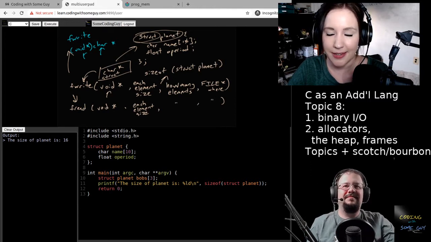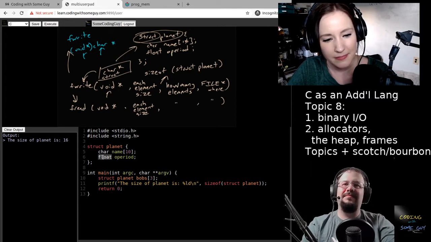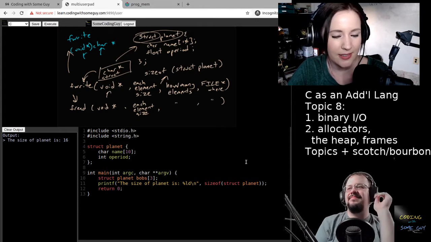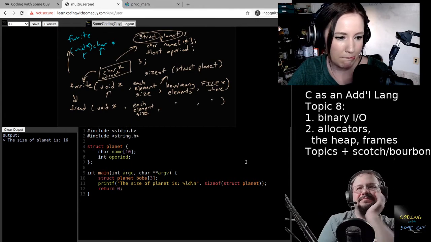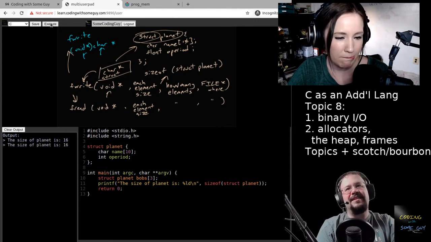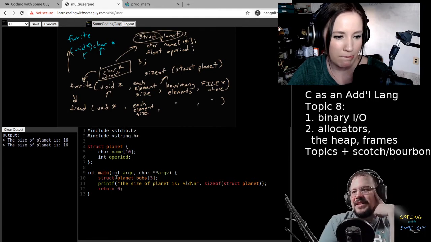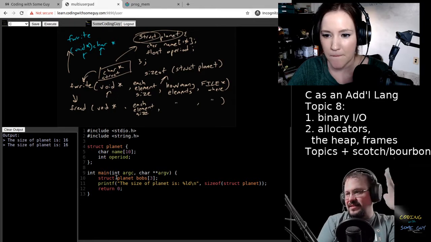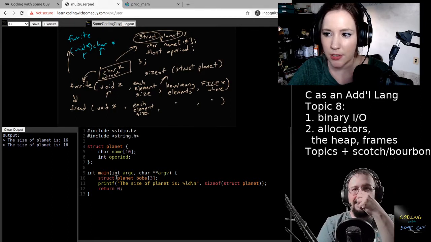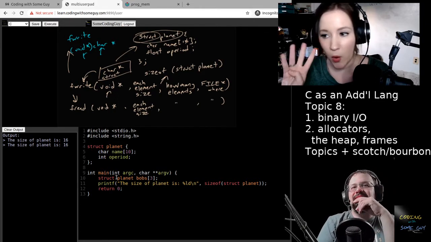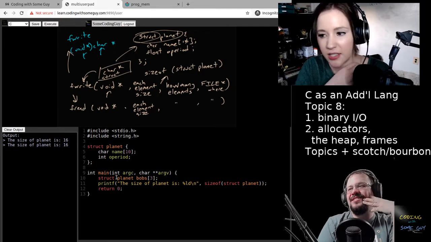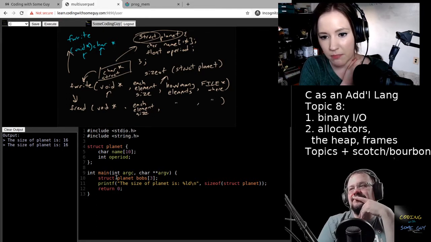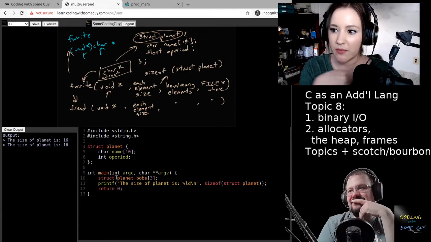Doing some math in my head. That seems awfully... Because we can run that and it's still the same size because a float is the same size as an int. And an int was how big on this system? 32. You got it. So 4 in this case, because sizeof gives us bytes. There we go. Whatever the 8 one is.